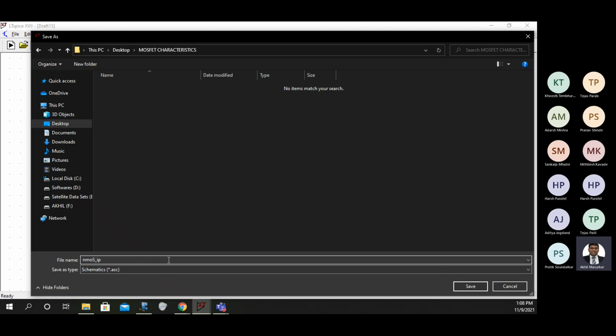So what we are going to see first is NMOS input characteristics, because we are also going to see depletion types.